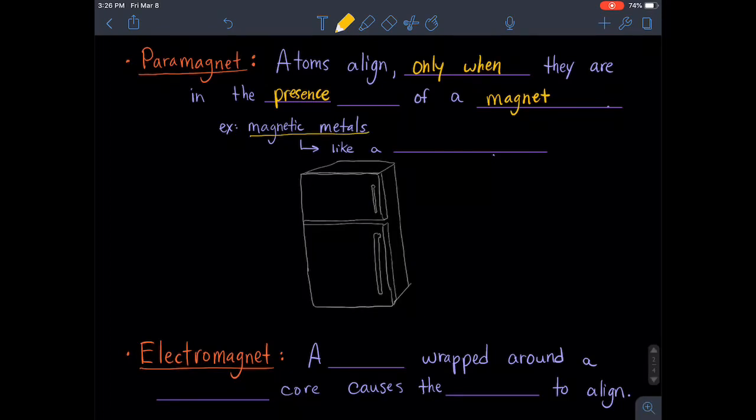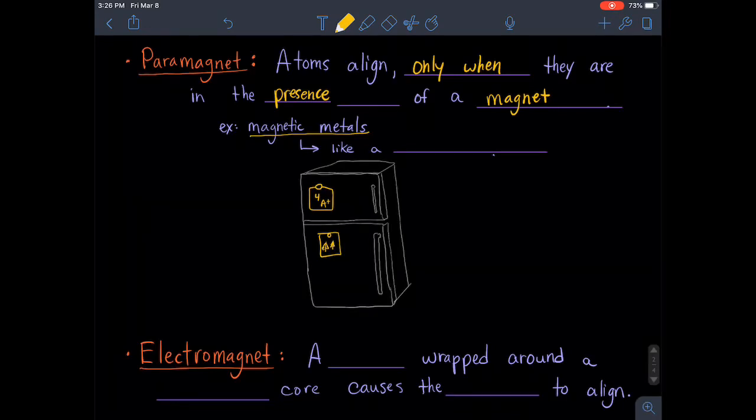An example of that would be magnetic metals, like a paperclip. A paperclip can attach to a magnet. The metal on your refrigerator, it's not magnetic. You can't just put a paper clip on it and have it stick. That's not going to happen. But if you do have a magnet, the magnet sticks to the metal because the metal becomes magnetic, and then you can hang up your homework that you get that 4 on, or the A+ or whatever. Or you can hang up with a magnet your awesome happy tree picture,